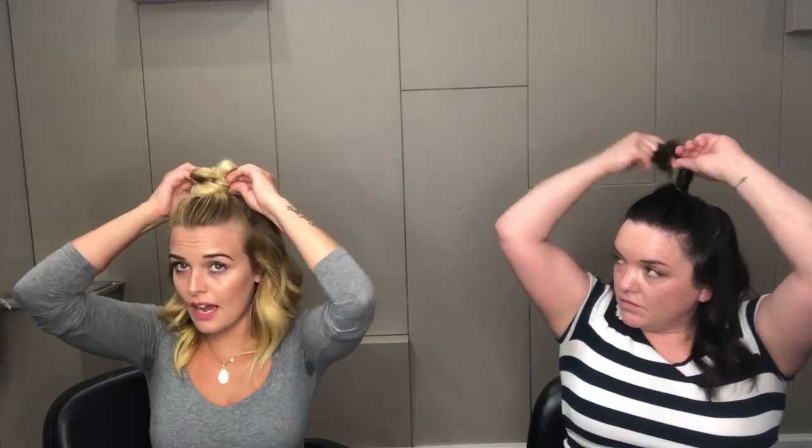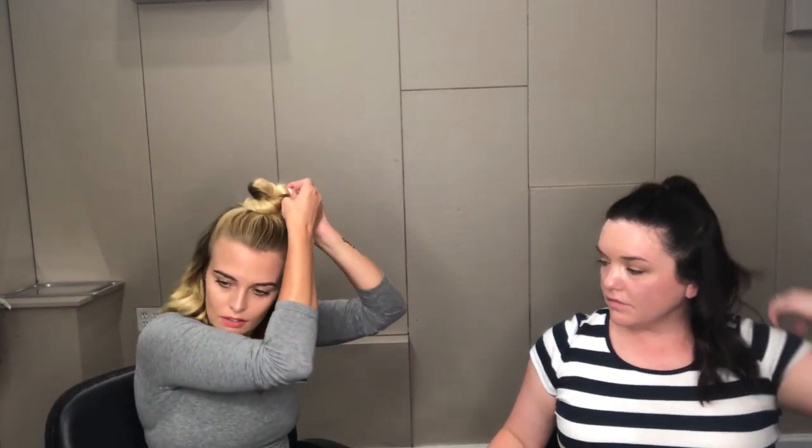and she has a lot of layers in the top of her hair. Where my hair is a little bit longer, I have it a little bit more one length. So if you were like me and you had that, you would be able to take that top knot and just pin it down. I'll show you how that would look on myself, because I have that longer length that I can create that knot. For Heather, she's a little too short for it, so